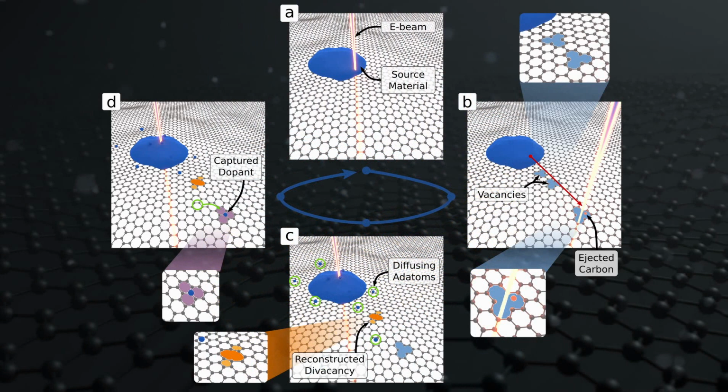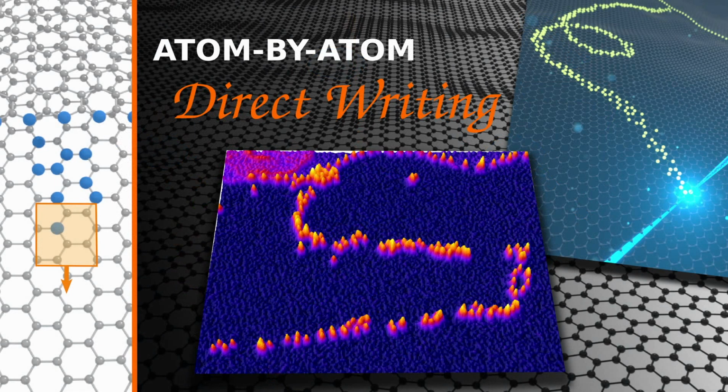However, this approach was limited to regions very close to the parent nanoparticles from which the impurity atoms were sourced, and the electron beam had to serve two roles, which could not be performed simultaneously, both damaging the lattice and sputtering source atoms. In a subsequent study, tin atoms were able to be directly written into a single layer of